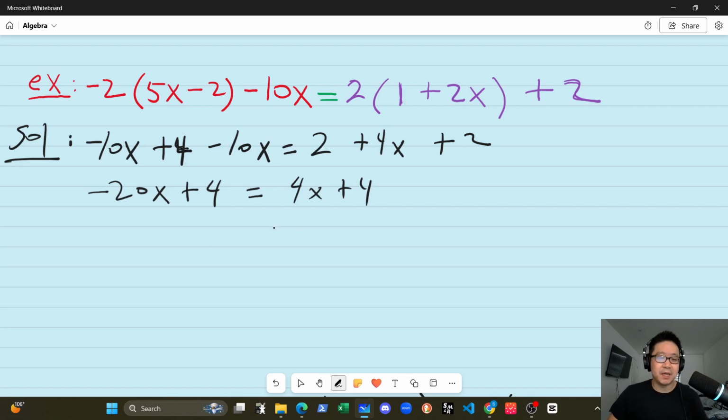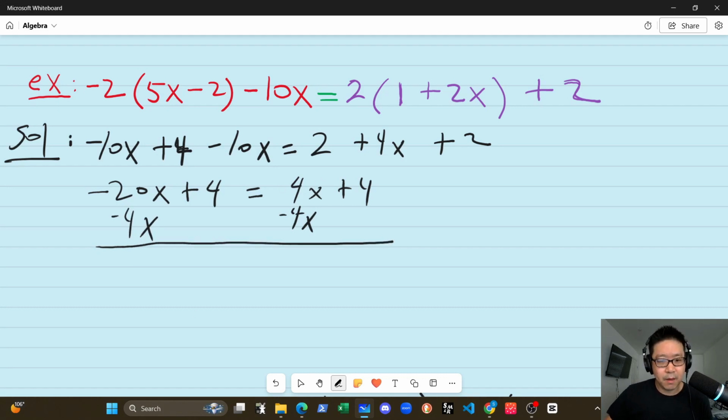And now we can begin to apply the second step of the process, which is to move the variable to one side and everything else to the other side. So I'm going to move the x variable to the left side and everything else to the right side. We do that by subtracting 4x from both sides. And when we do that, we have negative 24x plus 4